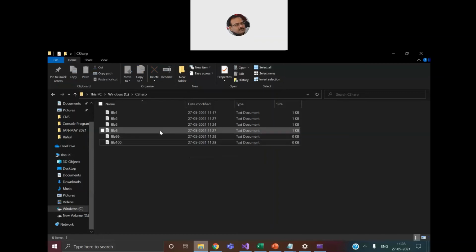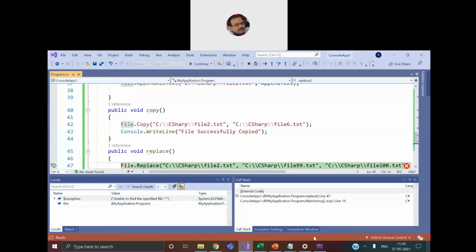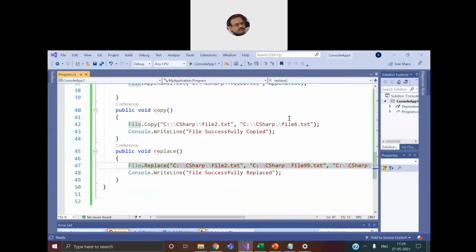And file 6 we have not used, or rather we'll keep another name. Why make it much more complicated? So we close down the exception part and we close down the running command prompt window. And let's give another name, file7.txt, so that the copying operation does not create a problem.